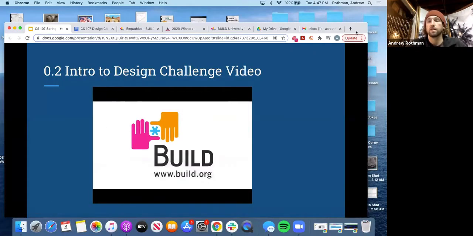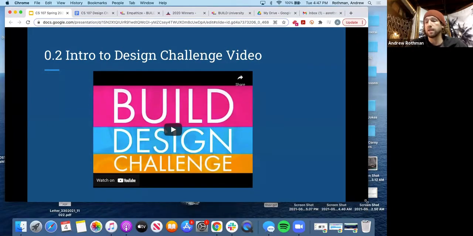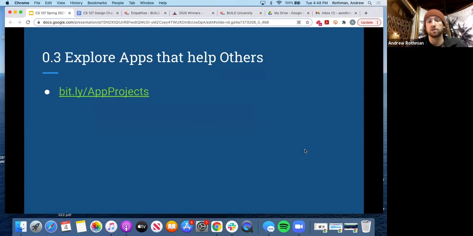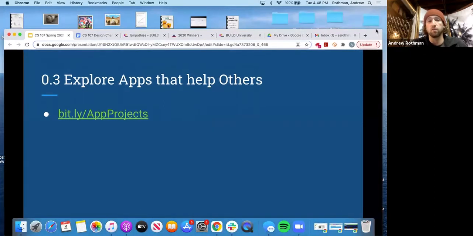All righty. So Build is the organization that put all these resources together. I sort of chopped them up to work in our class, and I think the resources are excellent. So this should be good. You do not need to do this, but I want to show you just so you have a general idea of